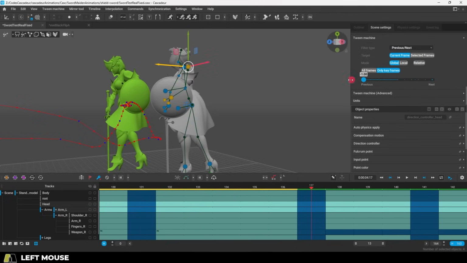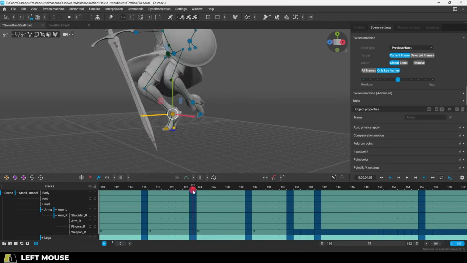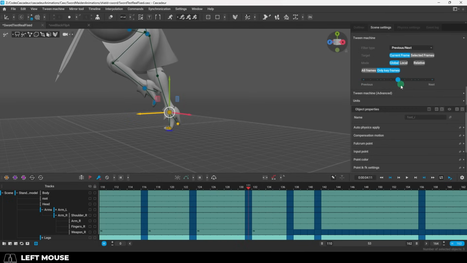And what this is really most useful for is when you need something to be in the same place across multiple frames. For example, like getting a sword stuck in the ground, or when you want to keep the feet position on the floor consistent. It's a very powerful tool, so now that you know about it, I hope that